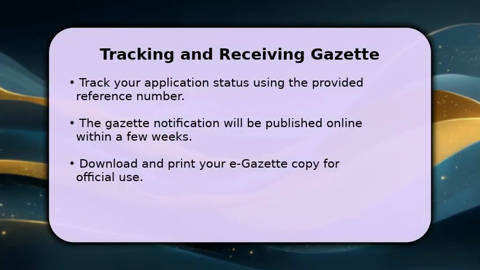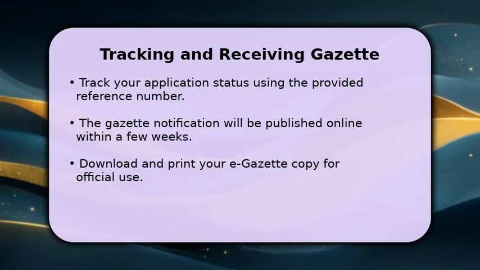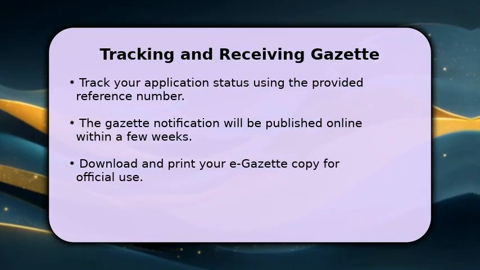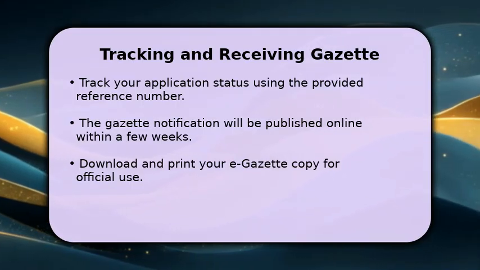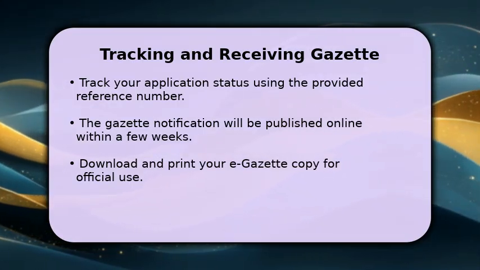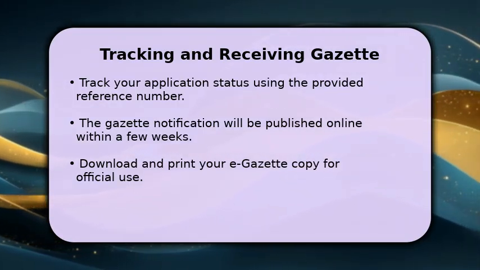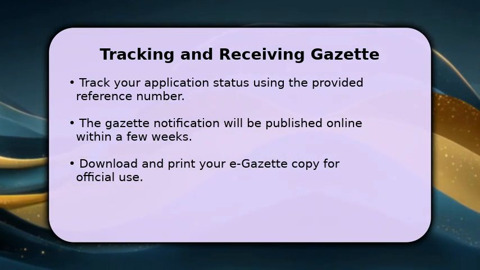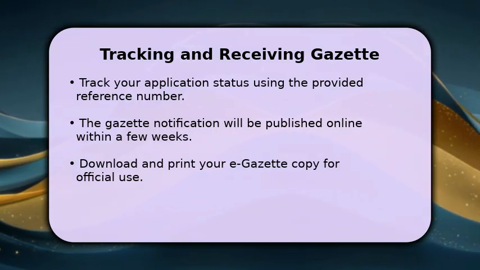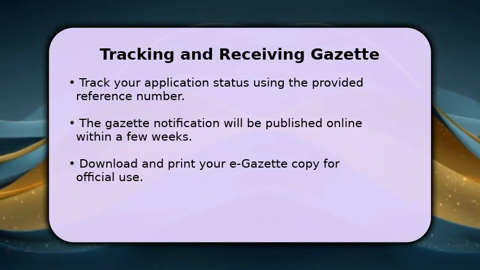After submitting your application, you can easily track its progress online using the reference number you received. Typically, the Gazette notification will be published on the official website within a few weeks. Once published, you can download and print your e-Gazette copy. This official document serves as legal proof of your name change and can be used for updating all your other